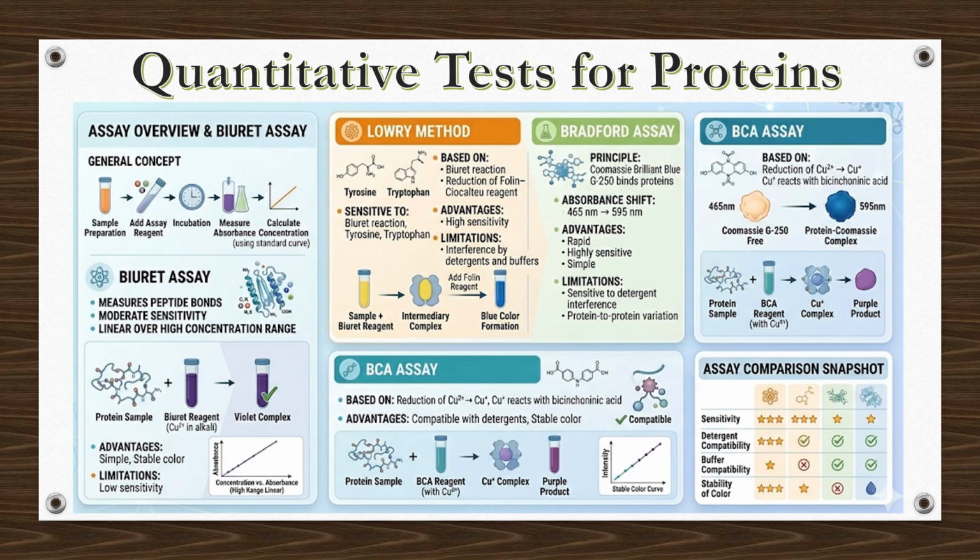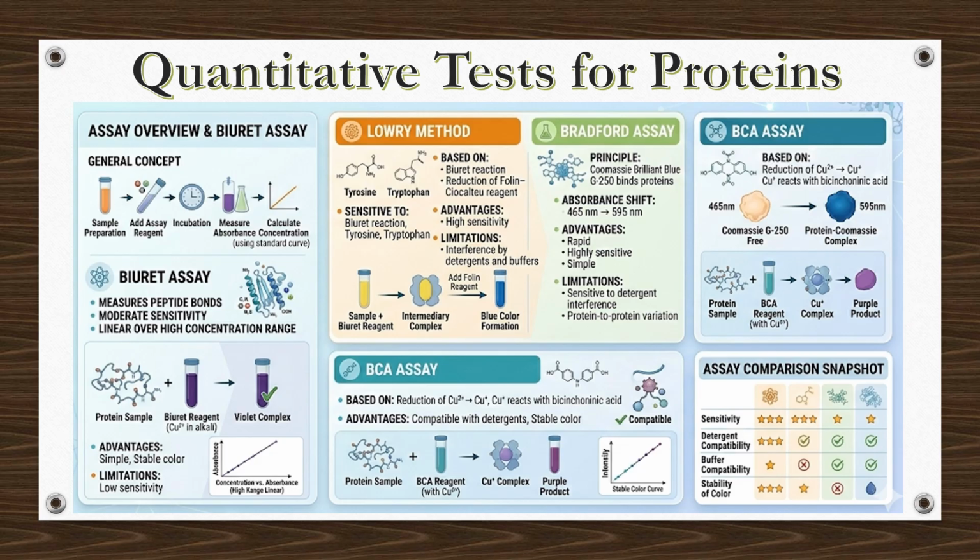The simplest method is ultraviolet absorbance at 280 nanometers, which relies on the strong absorbance of aromatic residues such as tryptophan and tyrosine. It is rapid, non-destructive, and requires no reagents, but nucleic acids can interfere and proteins lacking aromatic